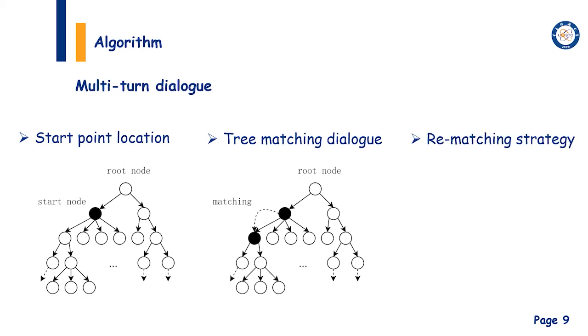Like other pipeline-based systems, our dialog system faces the problem of error propagation. If the NLU module does not correctly extract the semantic slots from the user utterance in MountainDialog, the above tree matching will fail, leading to the failure of the dialog. To circumvent this problem, we propose the following strategy.